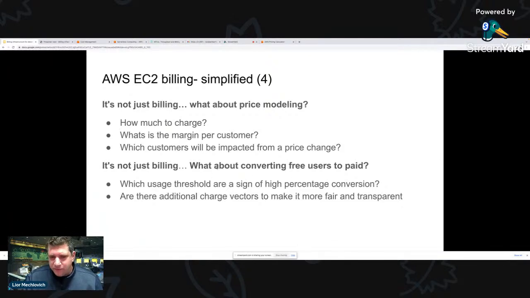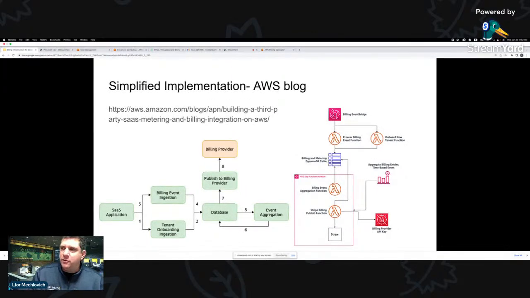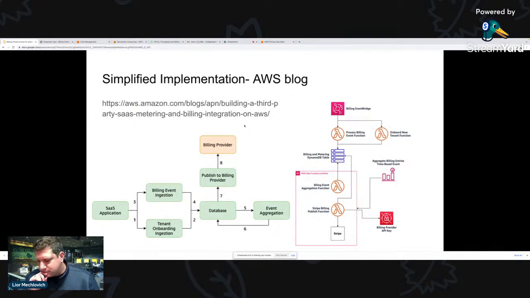And also a bit more of a soft, salesy kind of process: I have free users. Who are the free users that are actually using the product? Maybe I can convert them to paid. So there are a lot of signals coming from this usage data, just as there are many consumers for the usage and billing. Okay, so this is now going into an implementation, a very, very simplified implementation schema here.